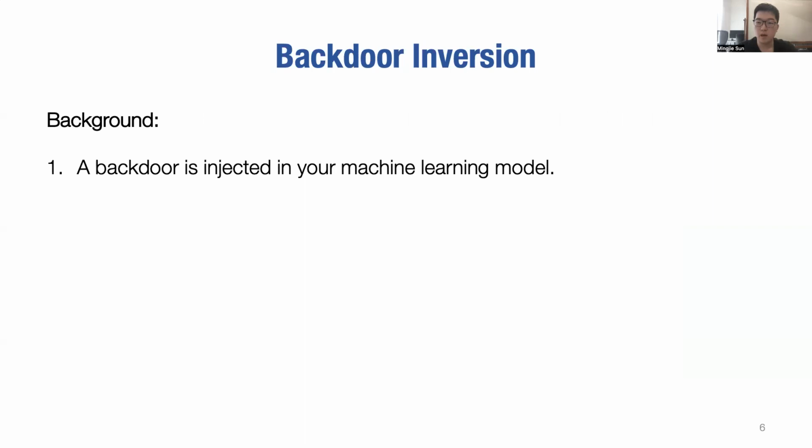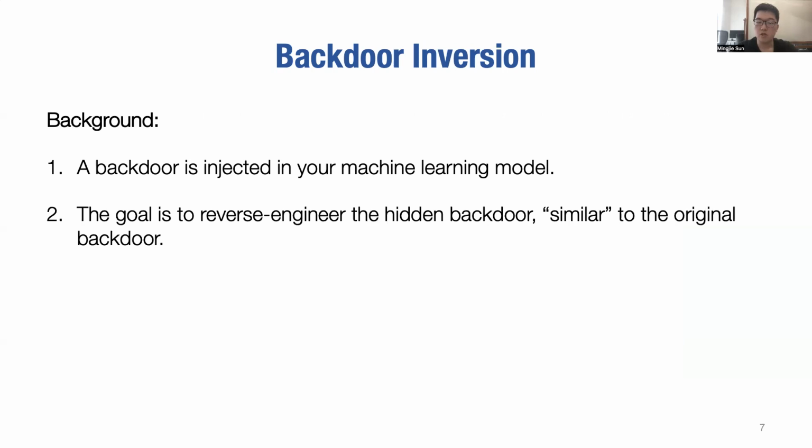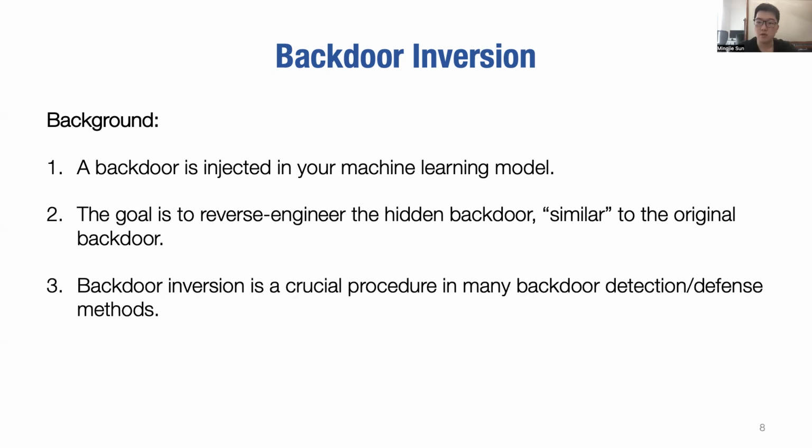We consider the setting of backdoor attacks, where an attacker injects a backdoor into your machine learning model. The attacker is able to manipulate the prediction of the model via this backdoor, and the true underlying backdoor is only known to the adversary. Backdoor inversion considers the task of reverse engineering the hidden backdoor given a backdoor classifier. Such a process to reconstruct the original backdoor reliably is a key step in many existing methods for backdoor detection